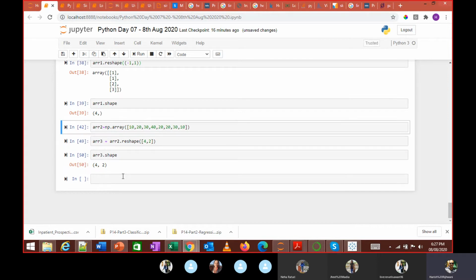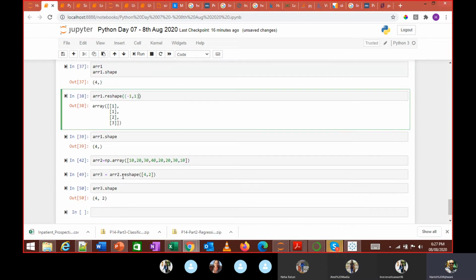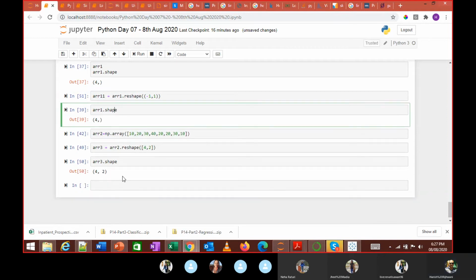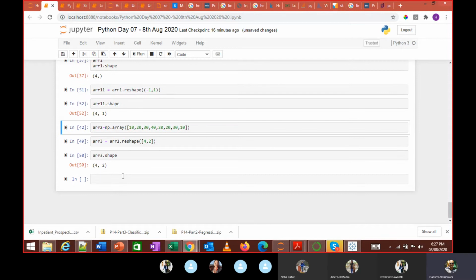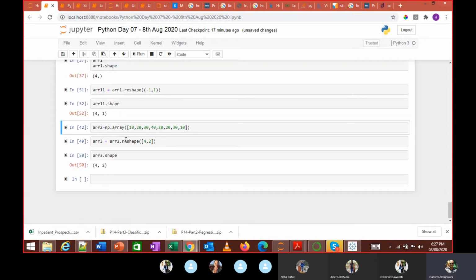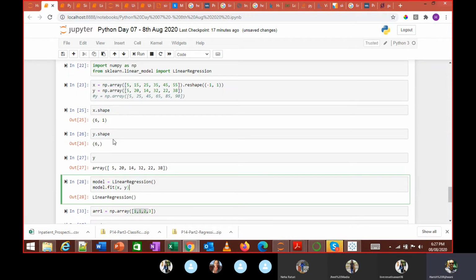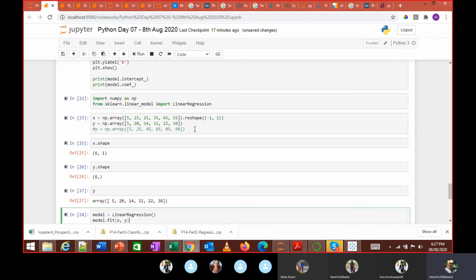I am reshaping this entire array, so you're telling how many rows and how many columns. Yes. So for the earlier one, since I did not save it anywhere, what I wanted was four comma one. Instead of just four values, I wanted one column also, because that is the expectation from this function. Okay, this shape is required in that way. All right.